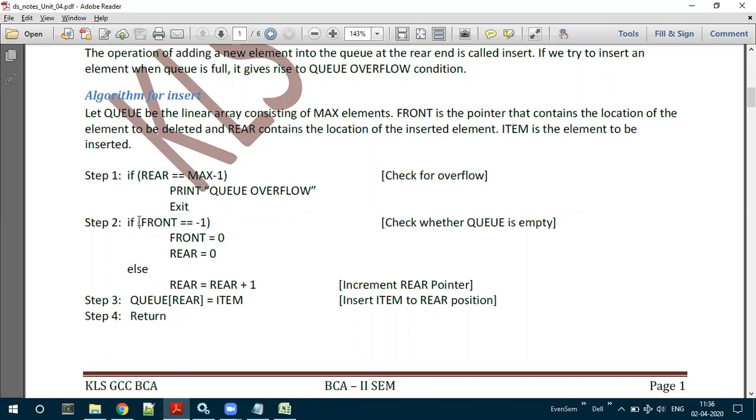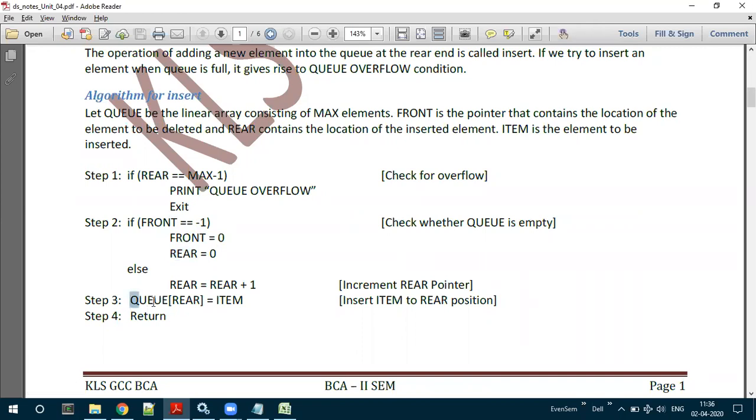In step number 2, we are going to insert the element for sure, but there are two possibilities: Q might be empty, or Q might contain certain elements. If Q is empty, then the condition front equals -1 is true. In such a case, increment front and rear, that is, front to 0 and rear to 0.